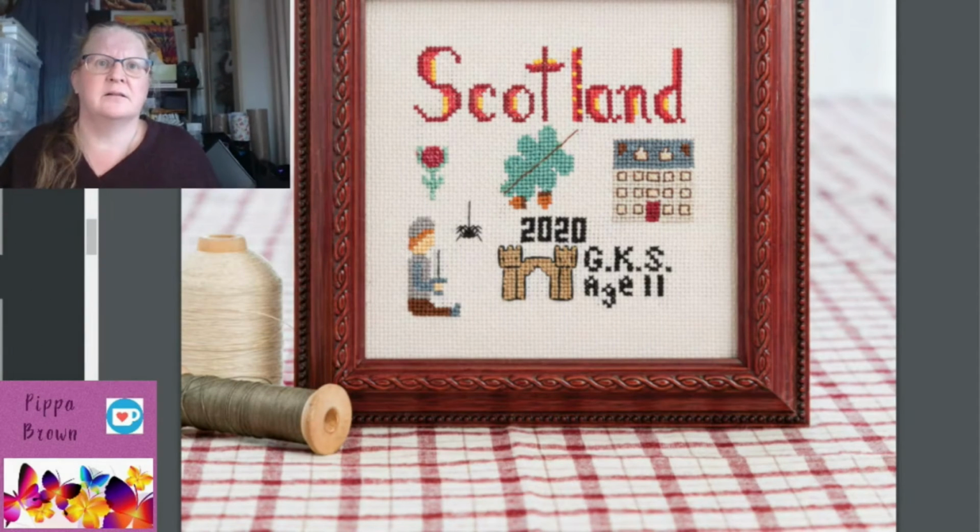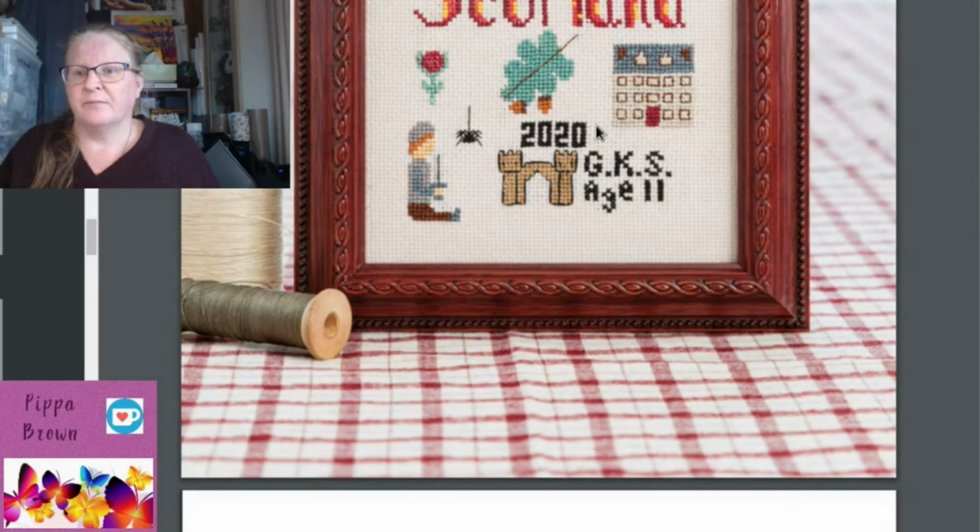And, okay, we've now got the schoolgirl sampler. This is what I was telling you about when I... Goodness. That one. It's maybe as you'd expect for an 11-year-old girl, but to be honest, the things that the kids were dishing up when they were 11 or 8 on the heirloom samplers from the States, it's a little bit better than this. So yeah, there's this, and it is designed by Gwendolyn Shepherd, so hence the initials GKS, age 11, 2020. I mean, good on her. I just...